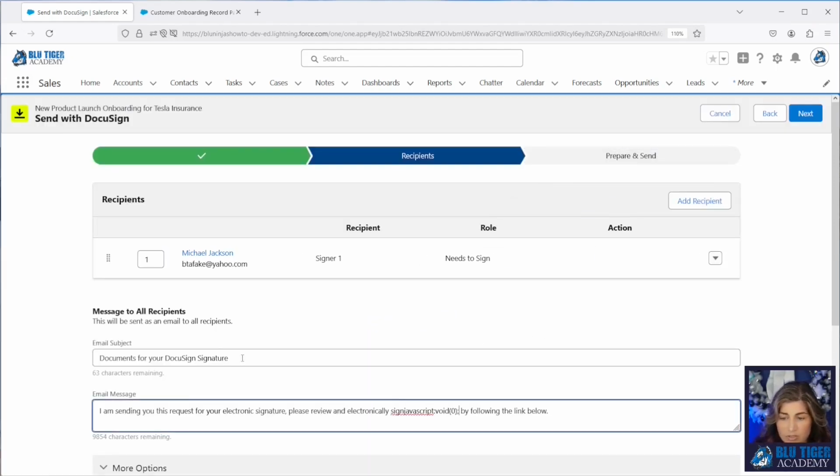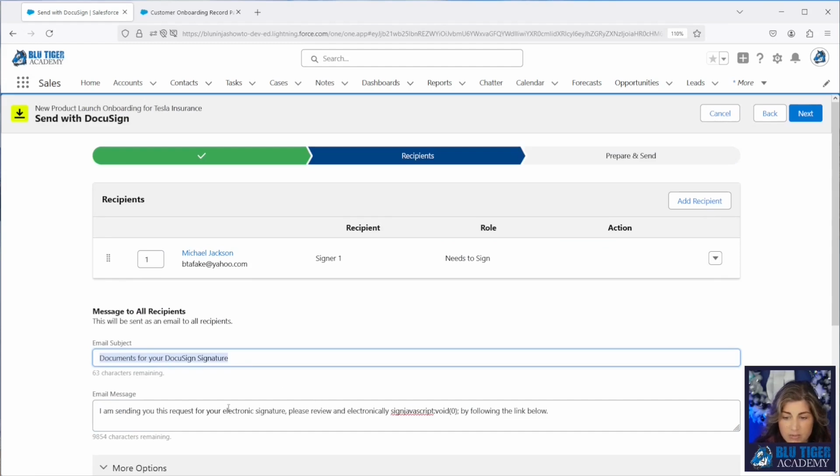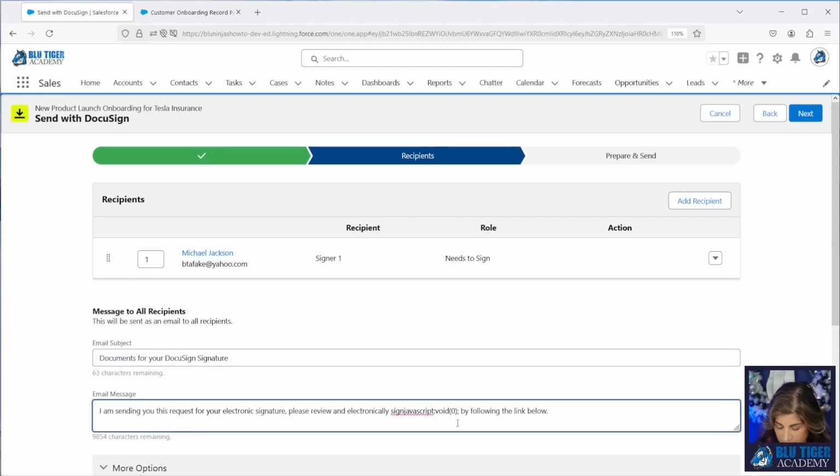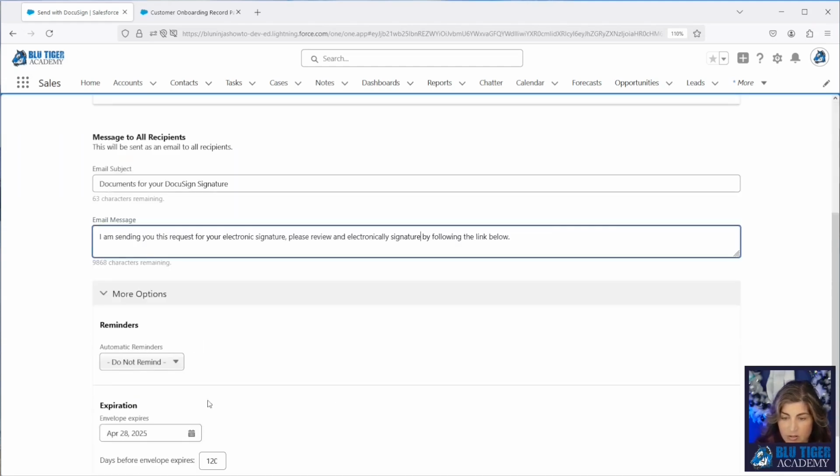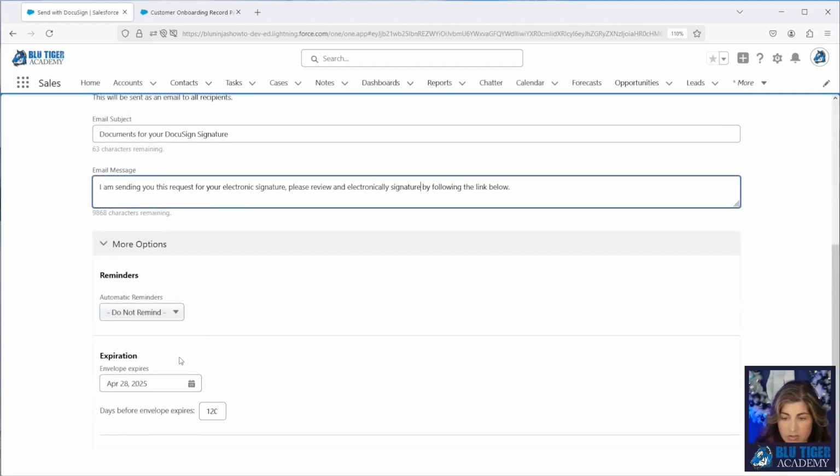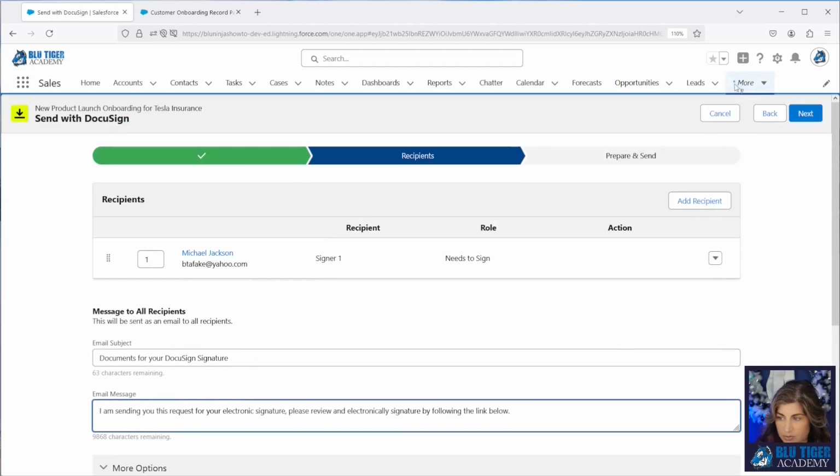And then you will need to configure your email subject as well as the email message. If you don't like what it's saying here, you can change it. And then you can also configure the automatic reminders and the date that the envelope expires.